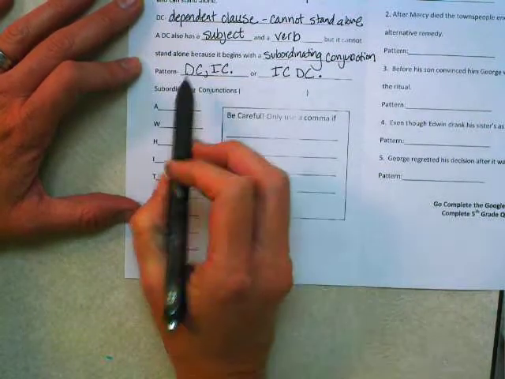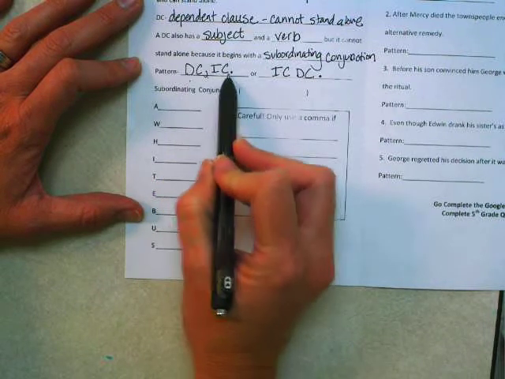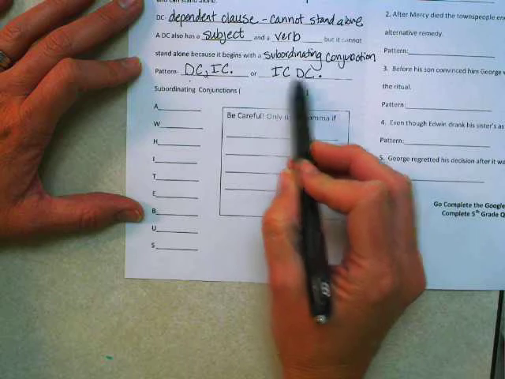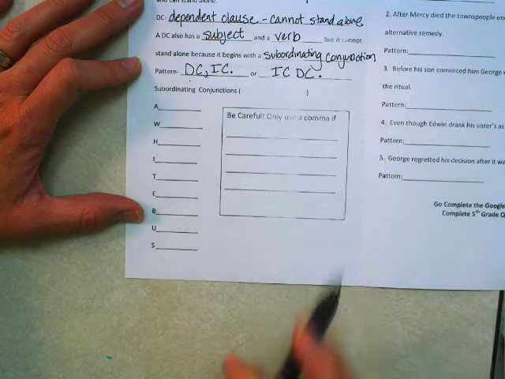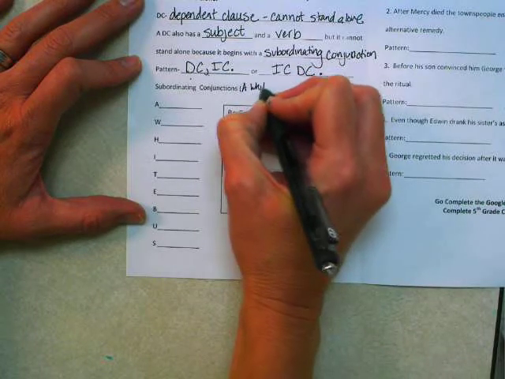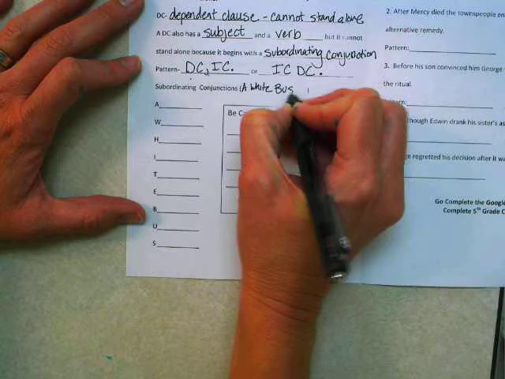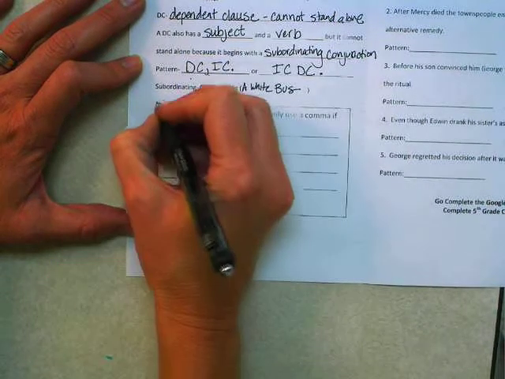So if the dependent clause comes first, you have to have a comma separating the DC from the IC. If the independent clause comes first, no comma needed. So subordinating conjunctions, we also call these a white bus words or a woobus words. So just a few to remember: